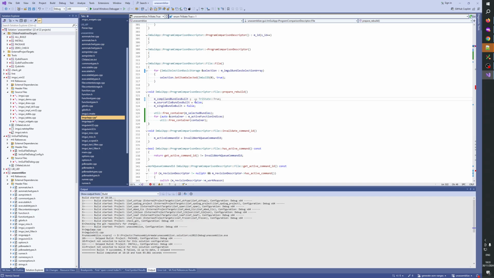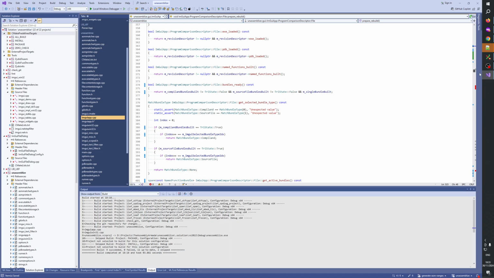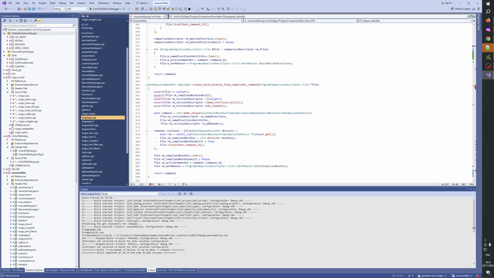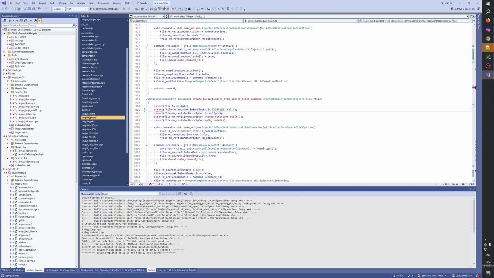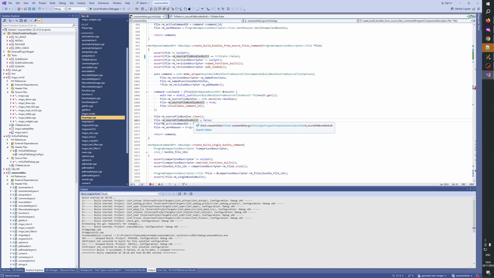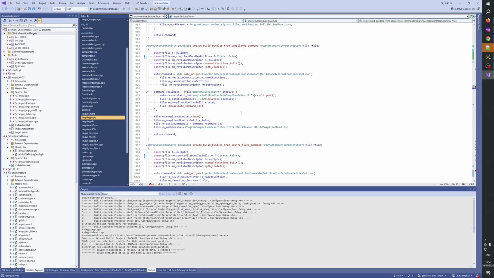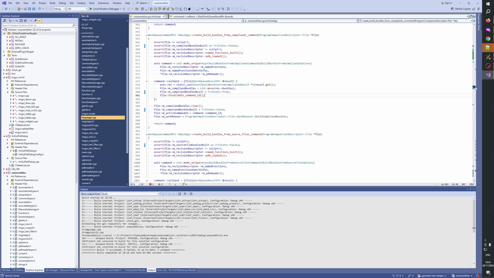Prepare rebuilds. This is false. Compilant bundles equals false. Okay. Source file bundles builds equals false. And here is true. All right. False and true. Yeah, and then